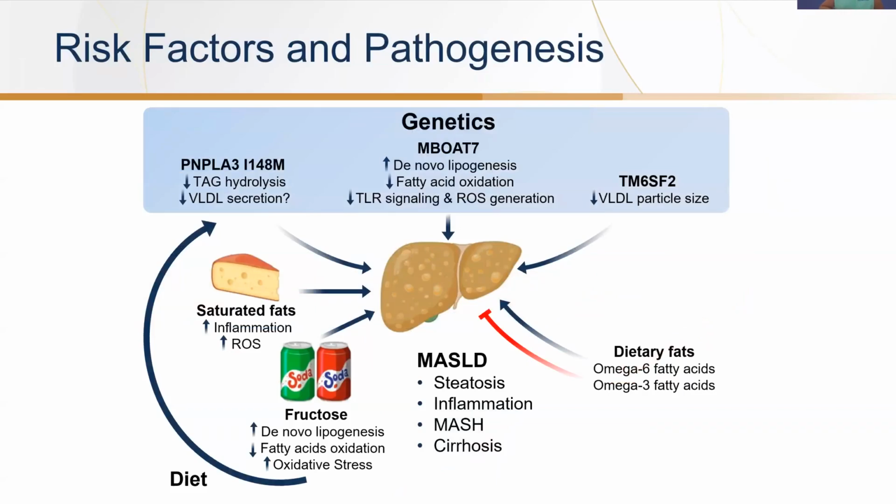What are the risk factors for patients having advanced fibrosis or being at risk for having metabolic associated fatty liver disease? Some of these are very easy. We know that there are patients who, based on their ethnicity, are at increased risk because of diet and cultural changes. There are people who eat a lot of fats and sugars and sodas, who have saturated fats versus unsaturated fats. All of these things affect the lipogenesis of fats in the liver and ultimately can lead to patients having